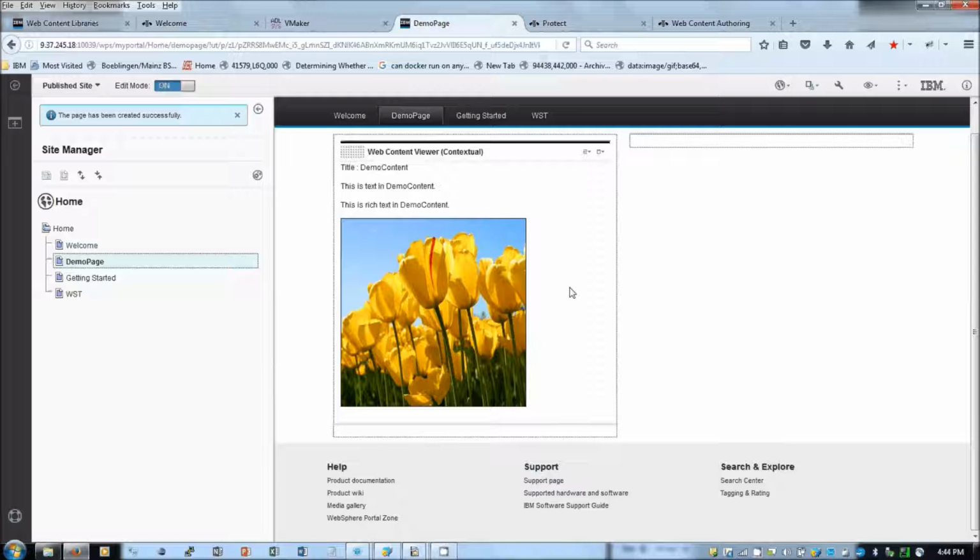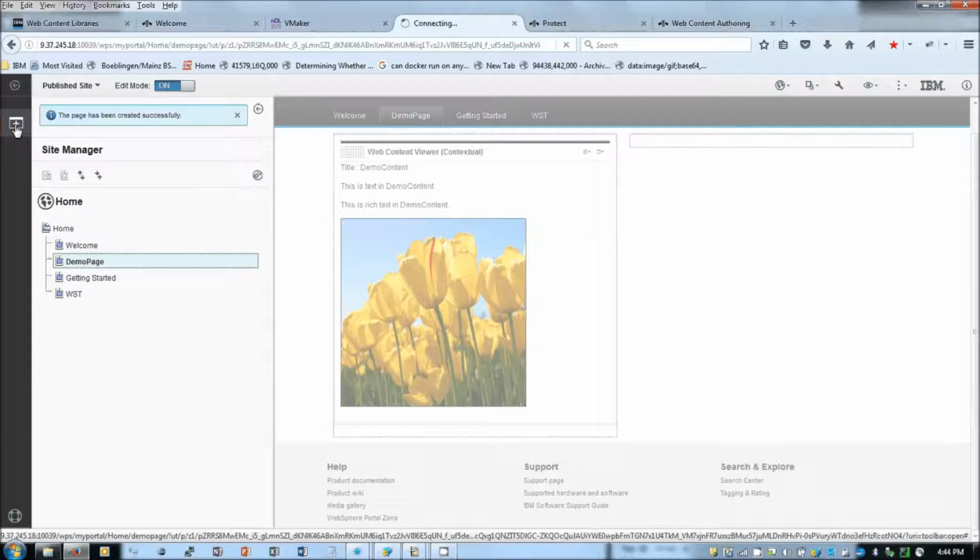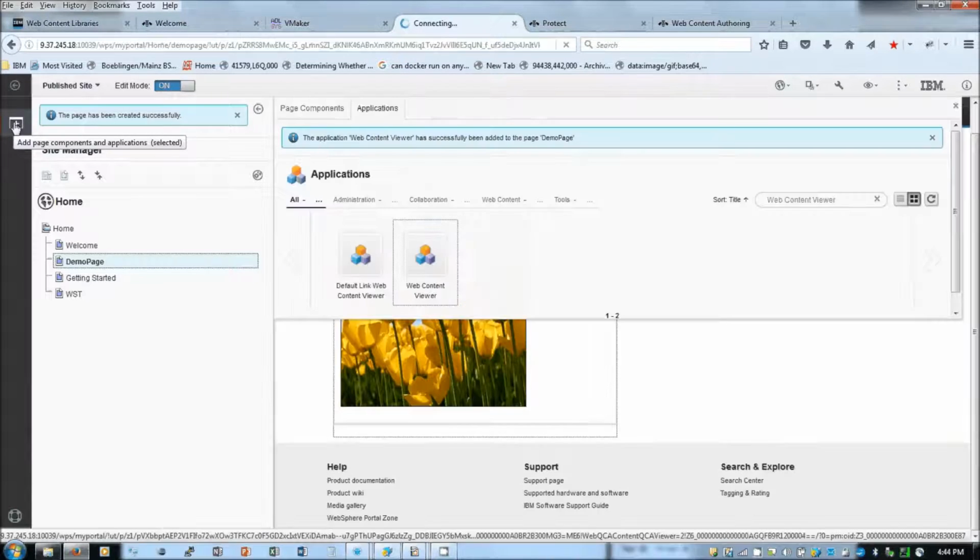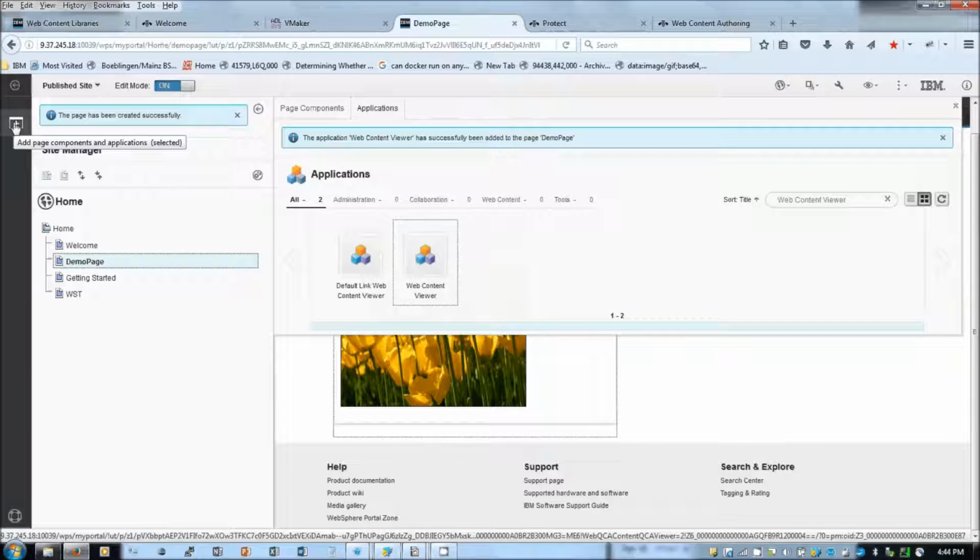What I have done so far is I have created a page by turning the edit mode on, and then I have selected the application Web Content Viewer by clicking on this plus icon. After adding that Web Content Viewer portlet to a page, I went to the edit shared settings and then I added a content there.